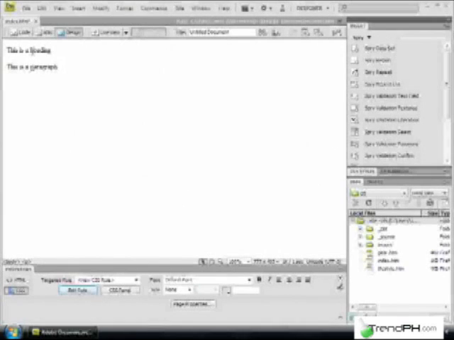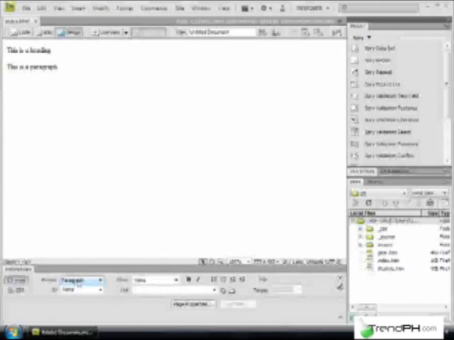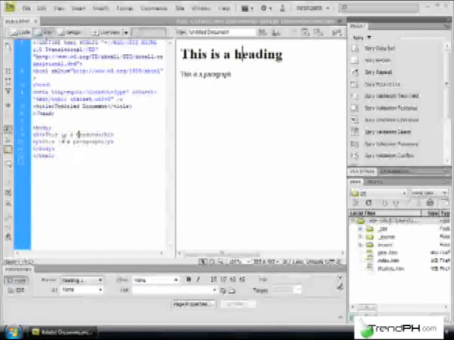So if I click inside my heading, I can go down to my Properties Inspector, click on the HTML tab, and tell it, no, I don't want a paragraph there. I'd like a heading. And I do have a heading. If I switch to this split view, notice that the heading is contained within an H1 tag, the paragraph is contained within a P tag, and